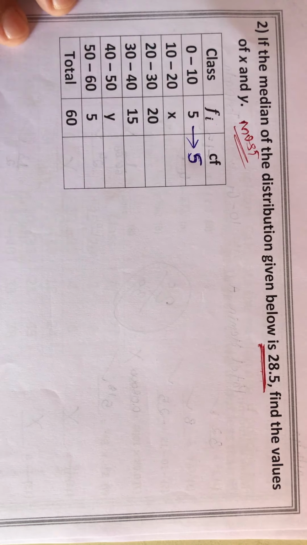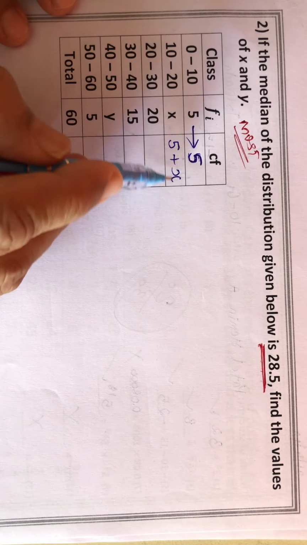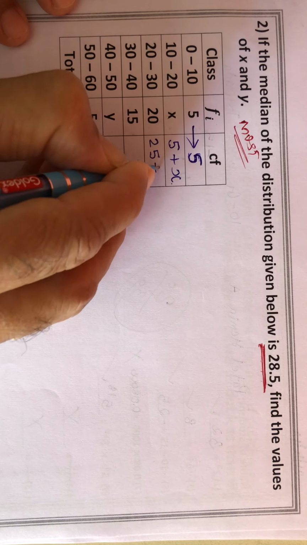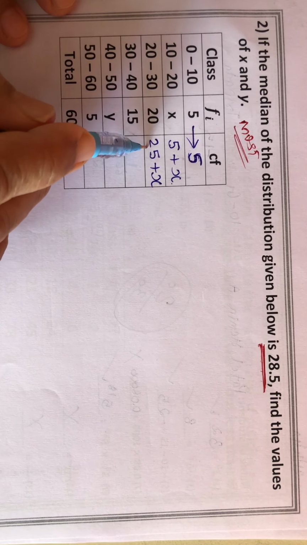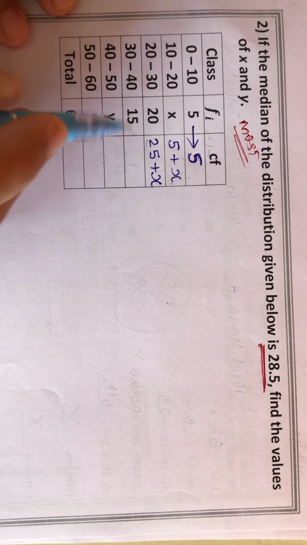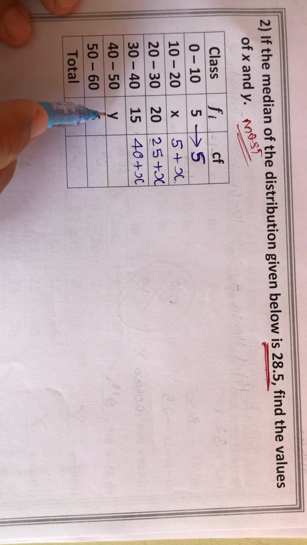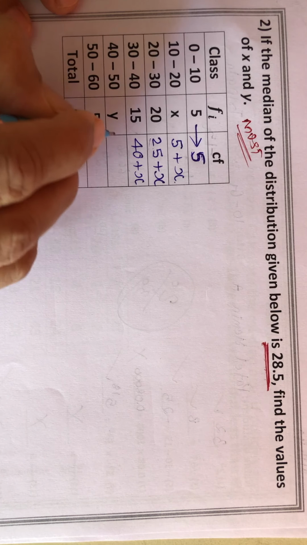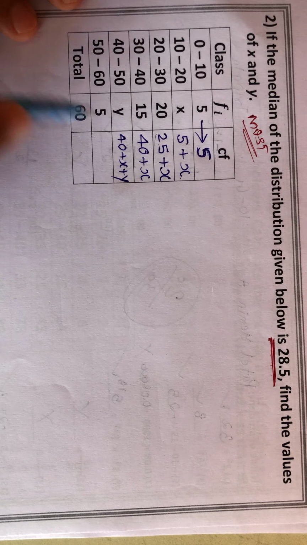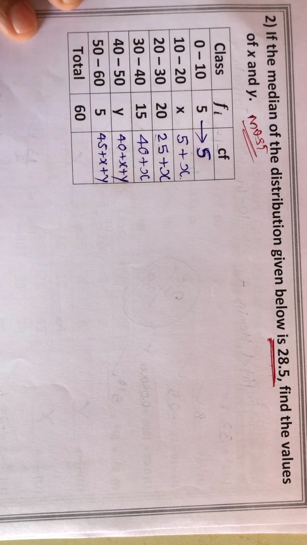Now addition of 5 plus x, not possible. Write down 5 plus x, don't worry. 5 plus x. Again 5 plus x plus 20. Total of 5 plus x with 20, so we can say that it is nothing but 25 plus x. Again 25 plus x plus 15. Now the total of 25 plus 15, that we know is 40. So answer is 40 plus x, don't worry. Again 40 plus x, then y came, don't worry. In the total, write alongside 40 plus x plus y. Okay, 40 plus x plus y. Again total 40 plus 5, 45. So 45 plus x plus y.